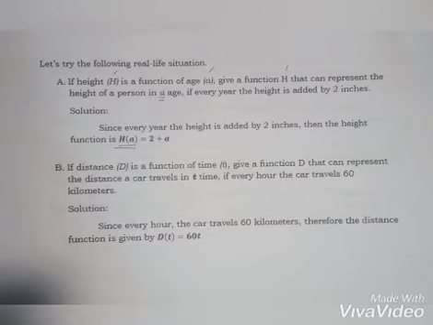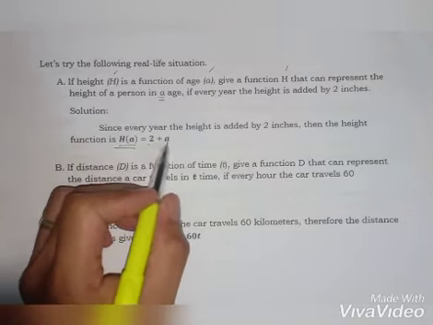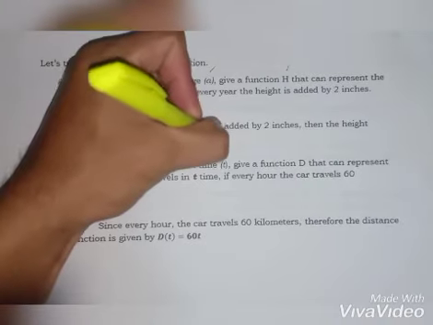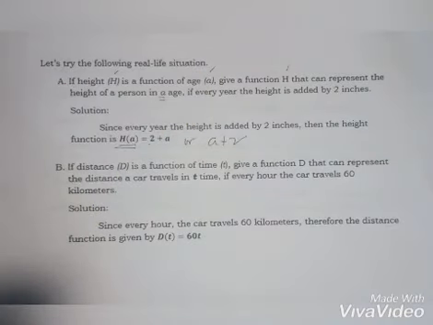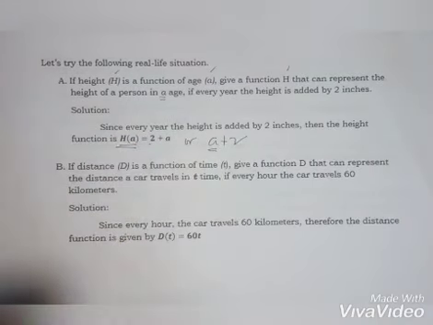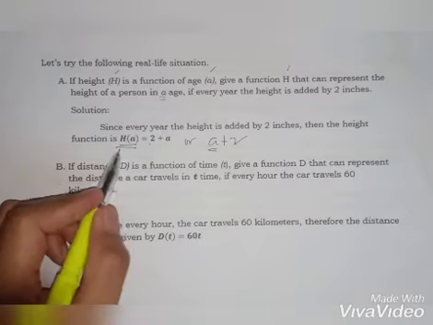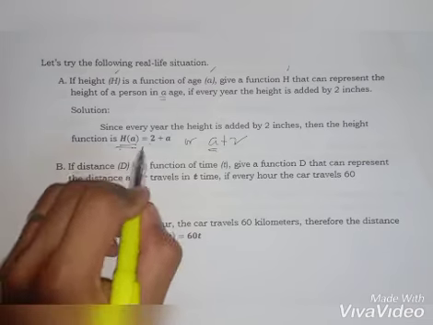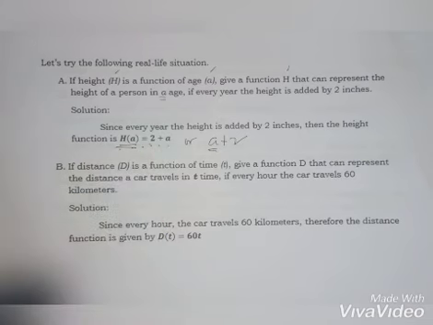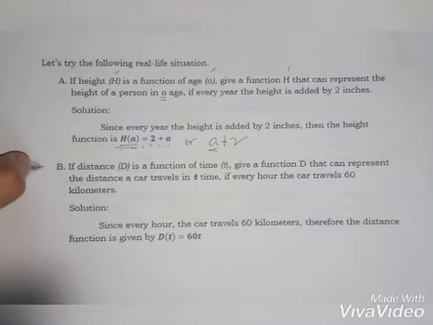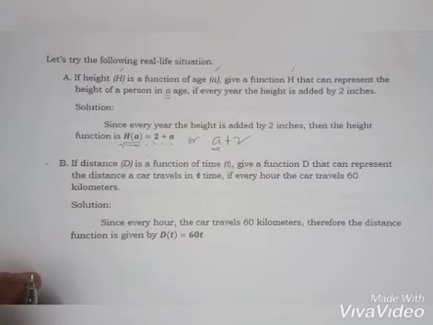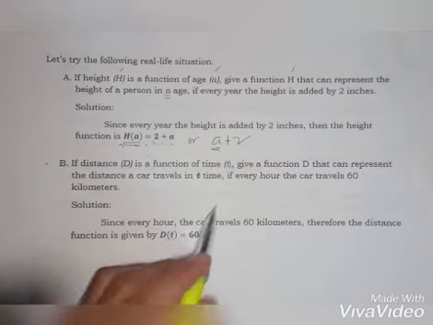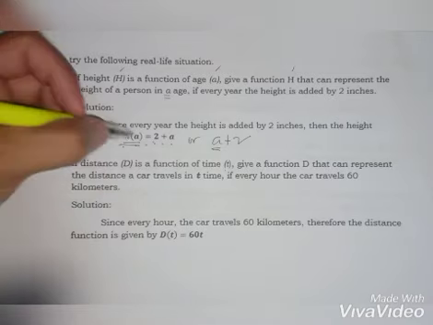So we have 2 plus a or a plus 2. Why a plus 2? The year is a or the age is a and you have to add 2 inches to the height. So we have h of a is equal to 2 plus a. Next example, if distance d is a function of time t, the two variables are d